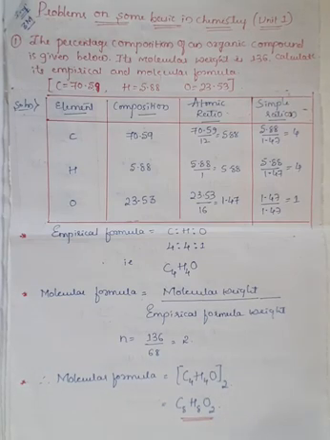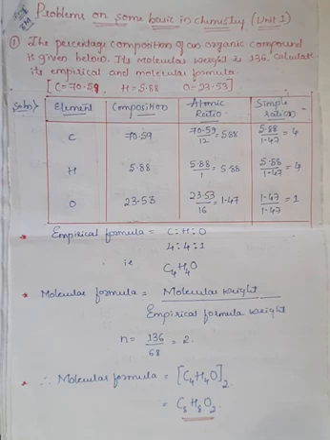Hello students, in the last class we completed the first chapter of your syllabus, some basic concepts in chemistry, and we have seen definitions, postulates as well as formulas. The most important thing from that chapter for your annual examination is that there will be one question for 5 marks, or sometimes they may ask for 3 marks, right? If there are sub questions like A and B, then they might ask for 3 marks.